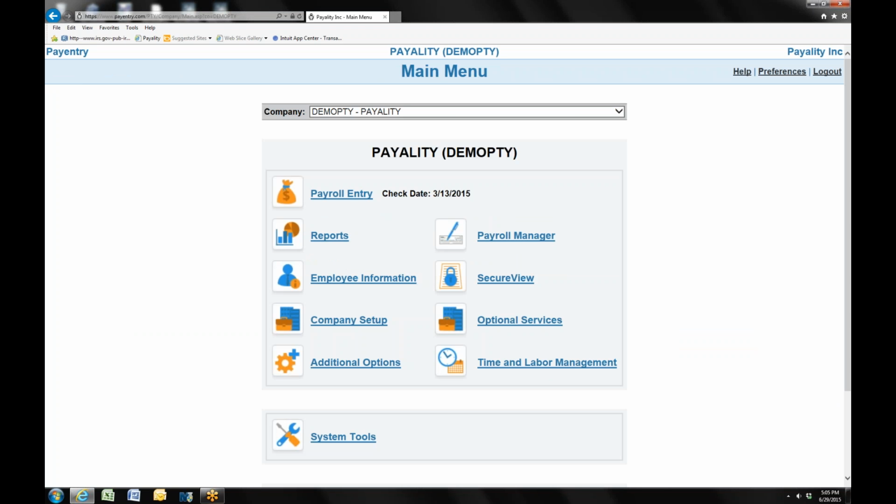So we'll collect the taxes, we'll collect the direct deposit amounts, our fees. If you choose to have the checks that are not direct deposited written off our master account, then you can do that. Then we would debit you for those net checks. But once we debit your account, we're going to handle all of those aspects of the tax payments, the quarterly returns, and all of those filings on your behalf. We'll direct deposit